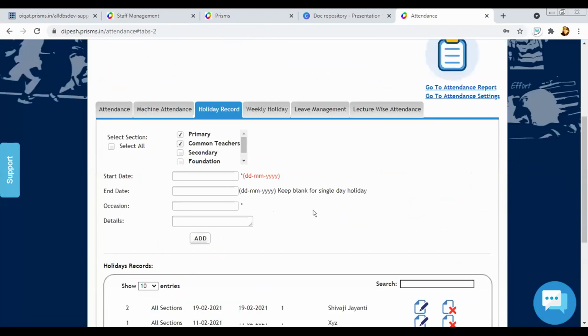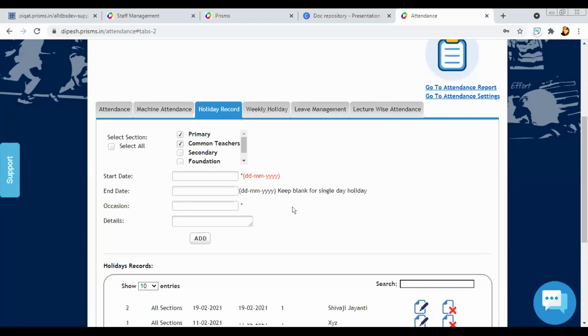Ma'am, there is one question. While marking the holidays for different sections, can we mark the holidays for... I think the sentence was cut off. Can you mark holidays for... He might be on mute. Hello, am I audible? Yes, ma'am. Yeah, so you were saying, can we mark... Can you just repeat your question again?